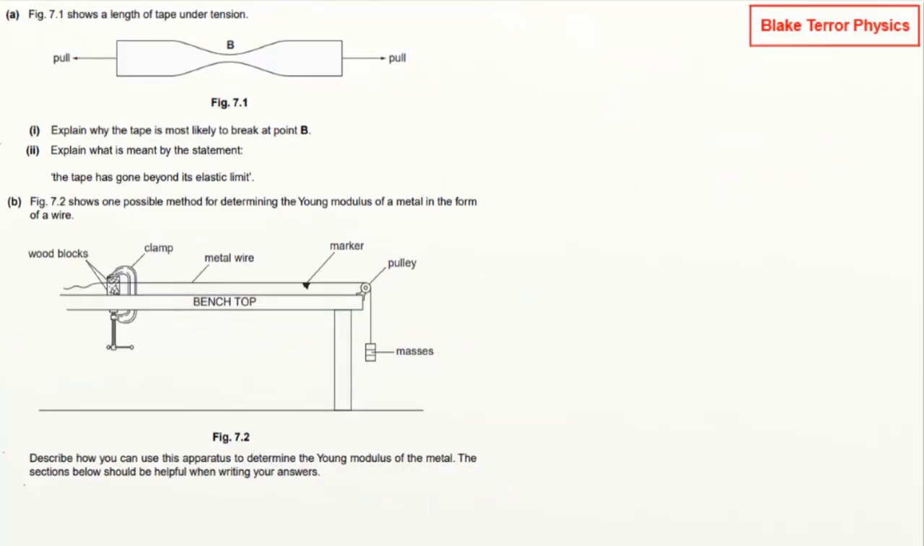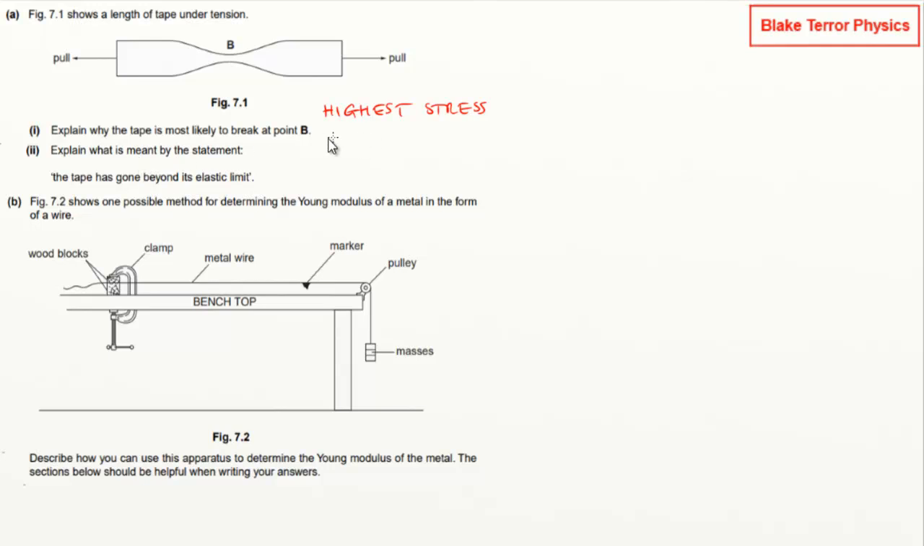Right, we've got, what's this? Figure 7.1 shows a length of tape under tension. So it's being pulled at both ends. Explain why the tape is most likely to break at point B. Well, point B has got the highest stress. That's our force over area. And it's stress that breaks things. So yeah, it's got the same force all the way along, but the smaller area at B means it's got